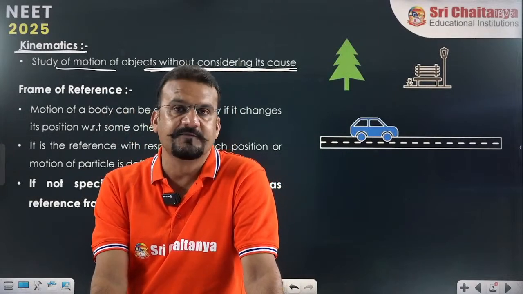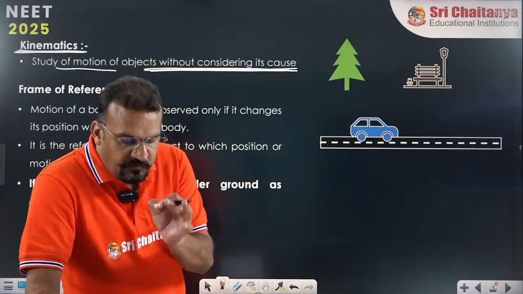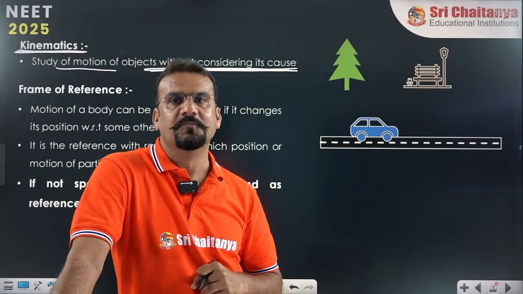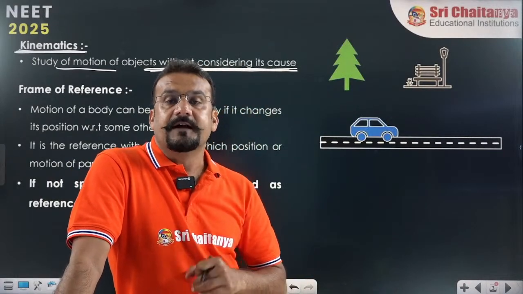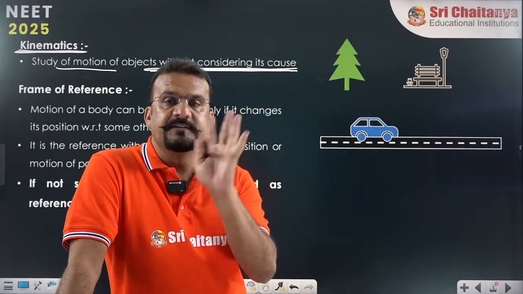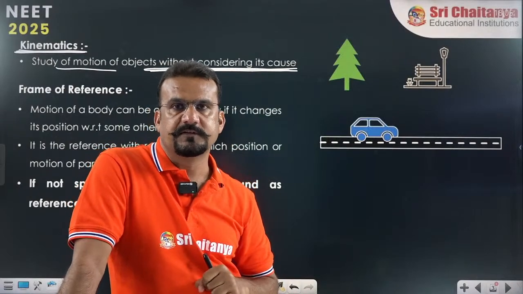See, listen very carefully. Again, I repeat the statement. Observer means the person who is going to observe the motion. That is the observer. Yes or no? The person who is going to observe the motion. Let us assume the same example of the trains. If A is observing B, A is the observer.